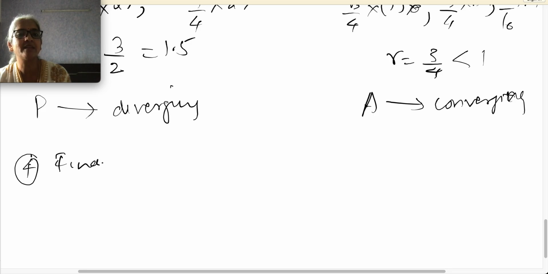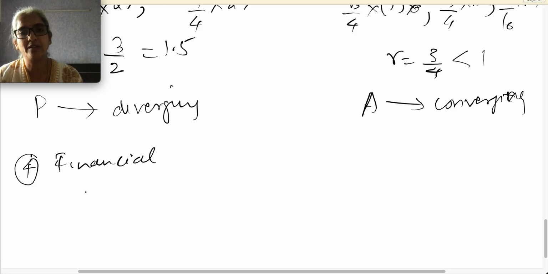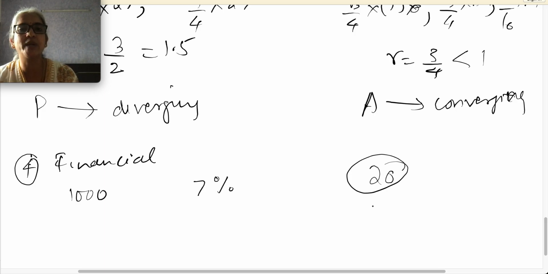So this is another example, and the final example that we would look at again is in financial mathematics, and this time instead of accumulating, I'm withdrawing money, right? So let's take the same example that I had $1,000 and I was earning 7% interest, and I kept the money for 20 years. If while depositing I'm also trying to withdraw some money, okay, X amount, not $1,000 really, some smaller amount, then